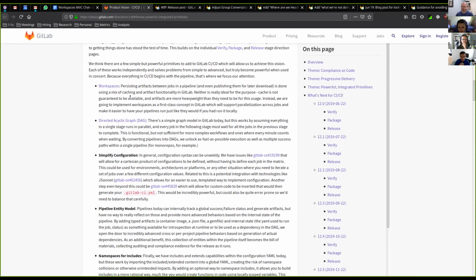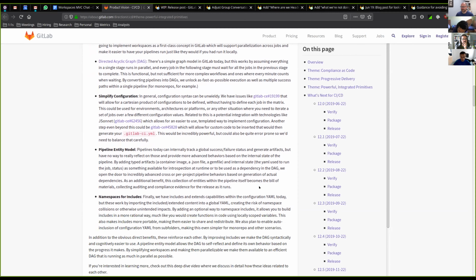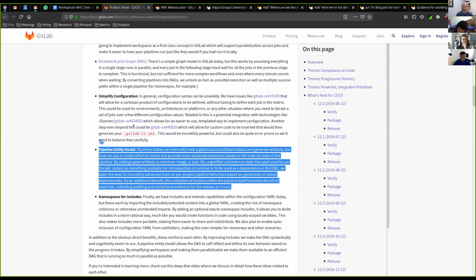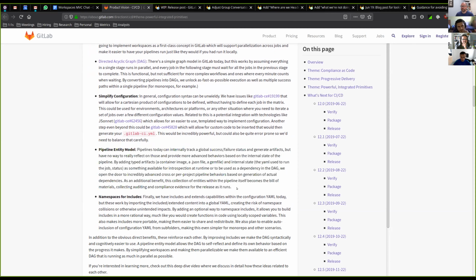As the DAG comes in, as Workspaces come in, configuration is going to get more and more complex, so it's something that we want to keep track of. Pipeline entity model is one that we haven't thought about as deeply, but I'll try to paint a picture of it. The idea is that it would be something like reflection for pipelines, so that they could query their own internal state or query the state of pipelines running in a different project and ask about things like,